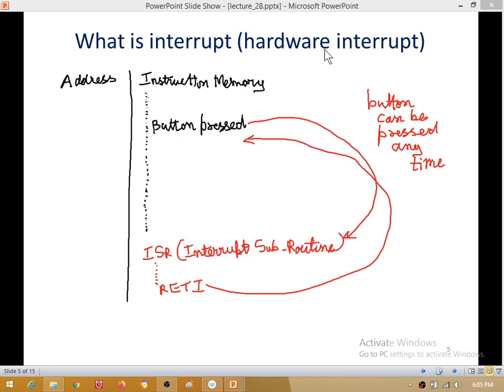So hardware based interrupts means that there are particular pins on your microprocessor, and those pins can be connected to any external hardware or a button, a press button, or a press switch for example, and whenever you press that button it is going to generate a signal, and that signal is going to cause an interruption